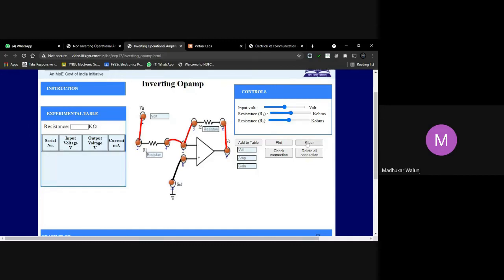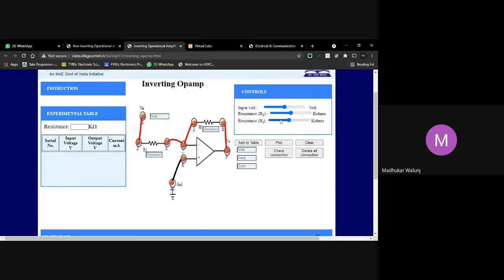I'm going to clear again and put the values over here. If I give minus 15 volt, what is the output voltage? The output voltage is 30. But this is virtual, so you can see the 30 volt output. If I increase the RF gain like this and add it to the table, it becomes